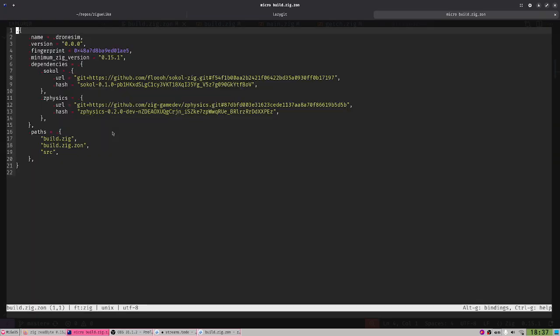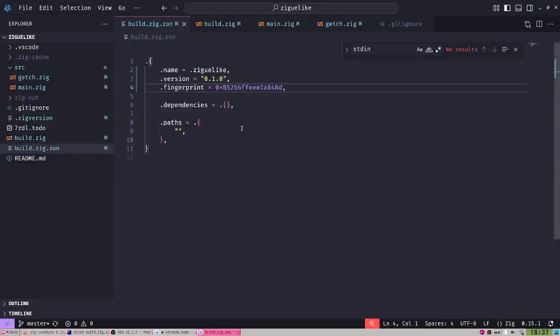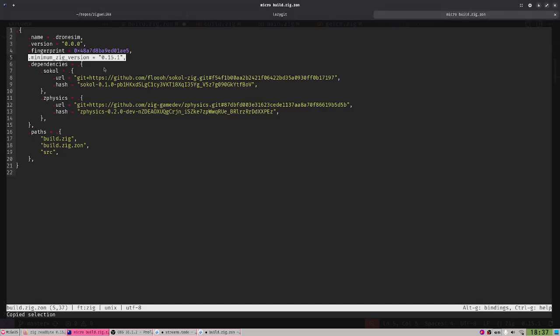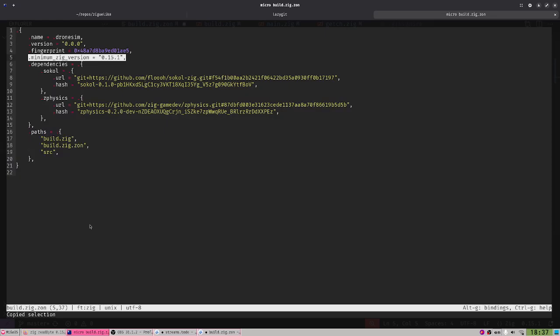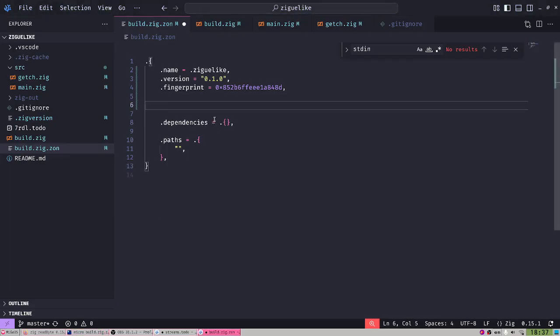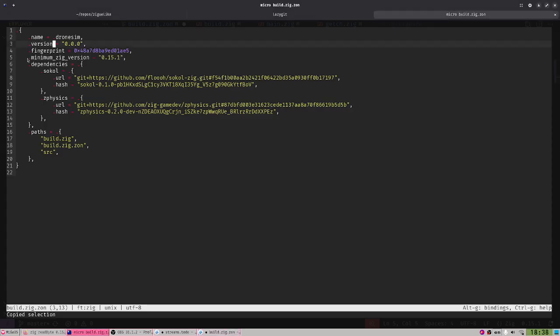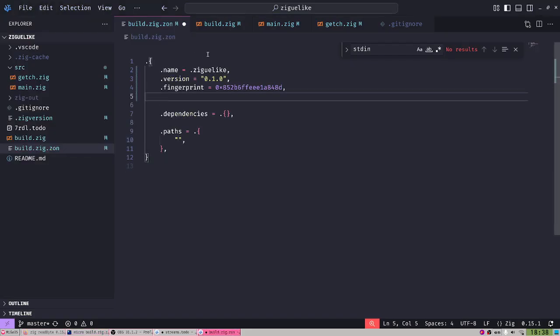I'm gonna open build.zig.zon. Right, so you see it says minimum zig version, and I can actually copy this. Let's add that here. Yeah, and it did not copy because it uses a different key for copying. It says copied selection, but it did not copy the selection. Why is this simplest thing in Linux not working?